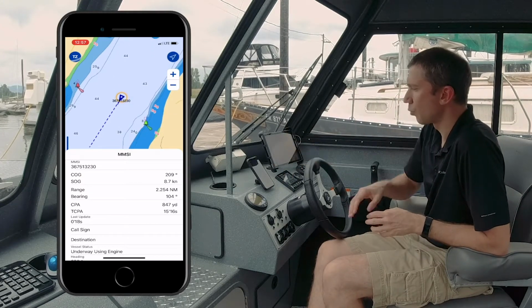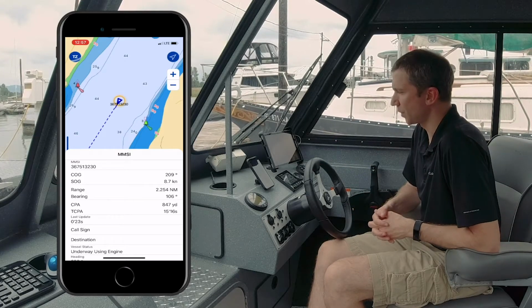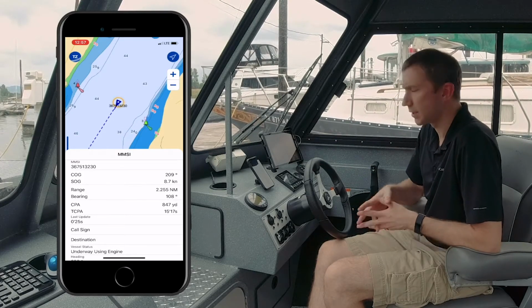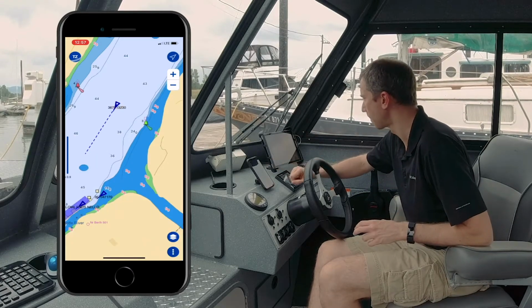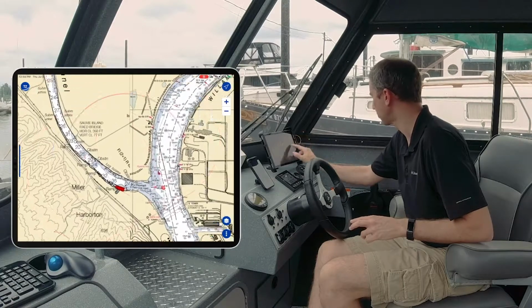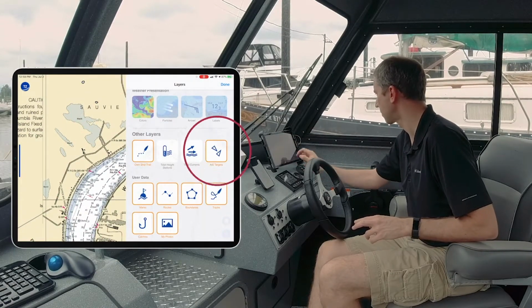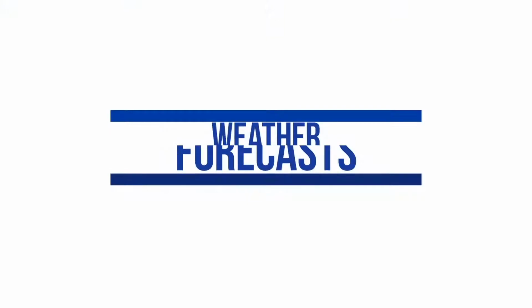So I don't have the name quite yet because I just started TZ, but as soon as the name is being transmitted, the name will appear automatically on the map. Same thing here on my iPad, which uses a raster chart, by the way. Here I'm going to select AIS to display my AIS on the map.